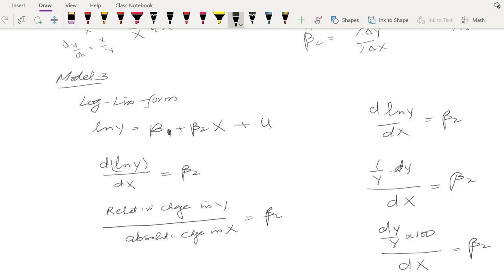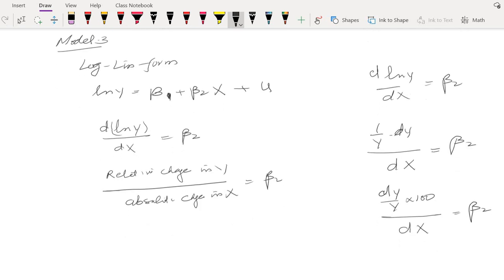So what does beta 2 represent? Beta 2 represents that if there is a 1 unit change in x, then